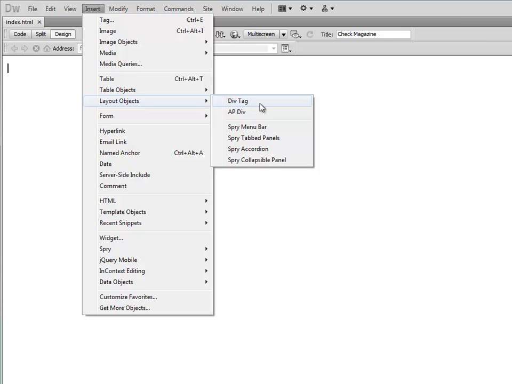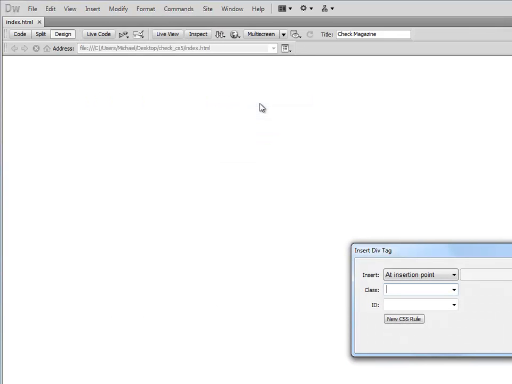So what we want to do is go to Insert, and we want to go Layout Objects. We want to create a Div Tag. So we click on this, and the Insert menu is very good, because you don't necessarily have to be at the right place if we use this. And what we want to do is we want to say, this makes it safe, we want to say after the start of tag,